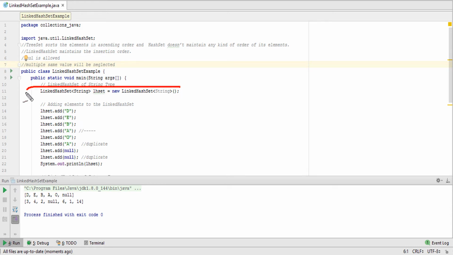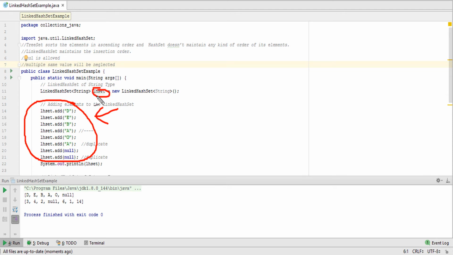So this line is used for creation of the LinkedHashSet, and these bunch of lines are how we can give input to the LinkedHashSet. By using this object name LHSET and the .add function, we can give input of the type we are passing in the parameter of the LinkedHashSet.